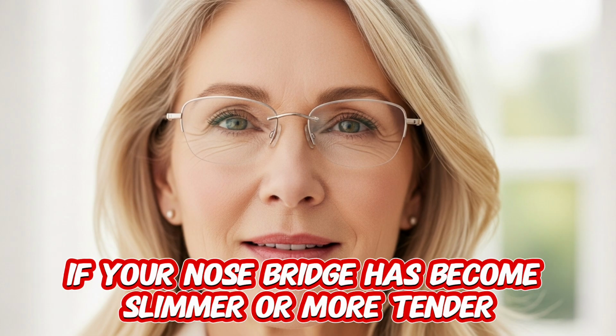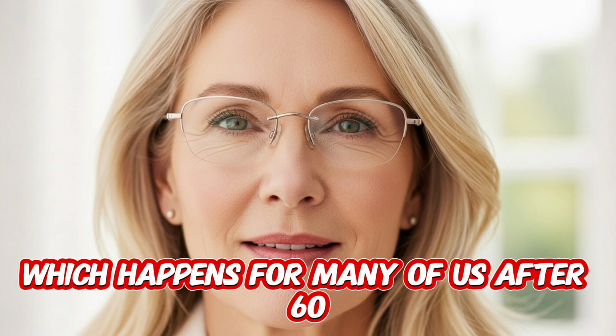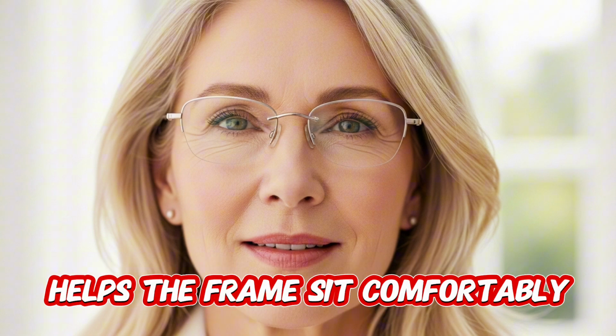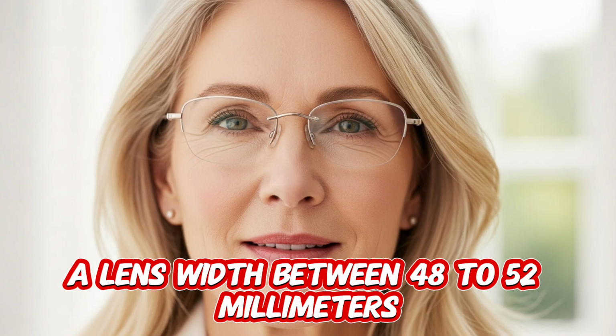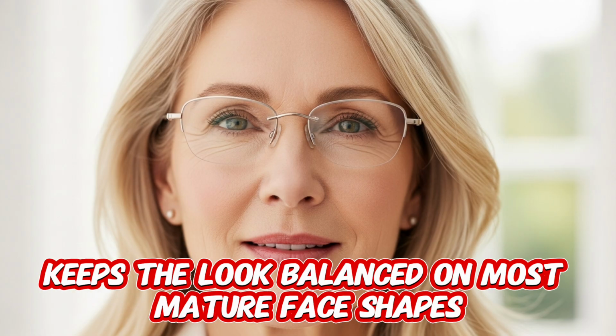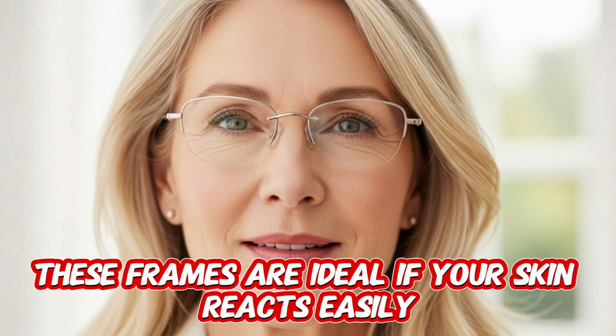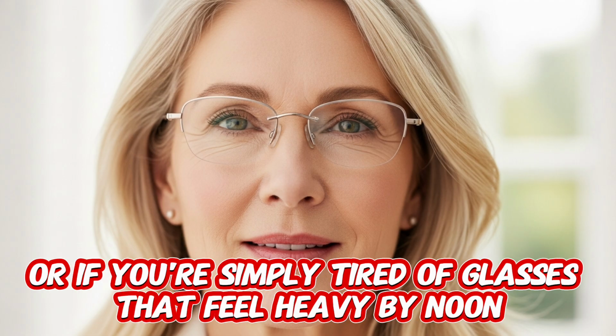If your nose bridge has become slimmer or more tender, which happens for many of us after 60, a bridge width around 16 to 18 mm helps the frame sit comfortably without constant slipping. A lens width between 48 to 52 mm keeps the look balanced on most mature face shapes, adding structure without overwhelming softer features. These frames are ideal if your skin reacts easily or if you're simply tired of glasses that